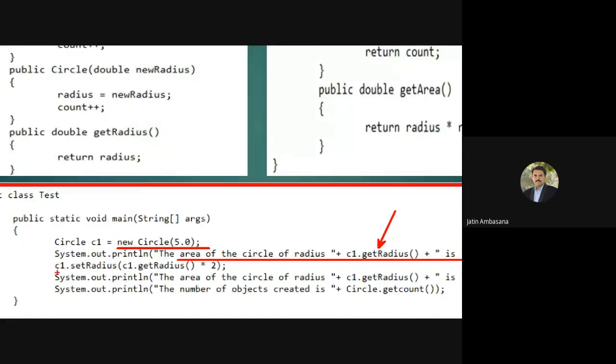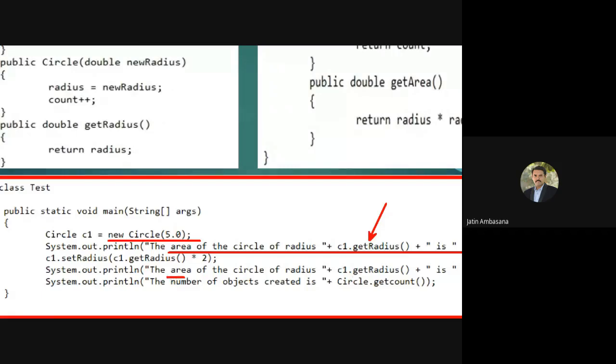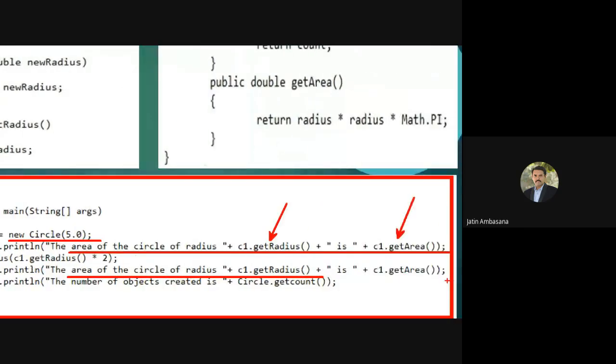Then we set the radius, we make the radius double. We may multiply the radius by 2 and set that value as the same c1 object's radius, right? So we just make the radius double. And then we again say that now the area of the circle with this radius is this much, right?